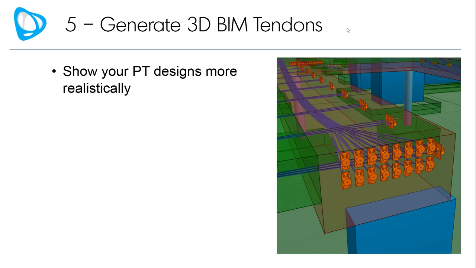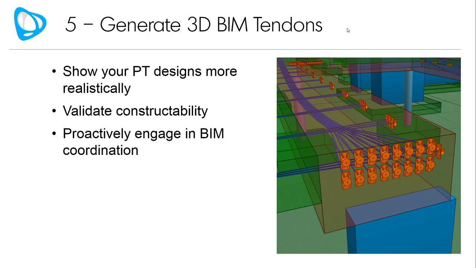or just, let's say 21, 25 tendons in a band. That way, what Visicon allows you to do is at least order of magnitude allow you to quickly see really how much area does that take up, and is this something that may cause or trigger constructability issues. So it allows you to be able to validate constructability at an early stage of the design and be proactive